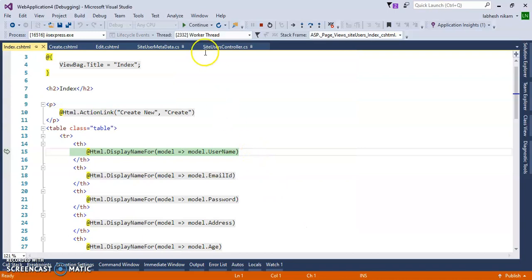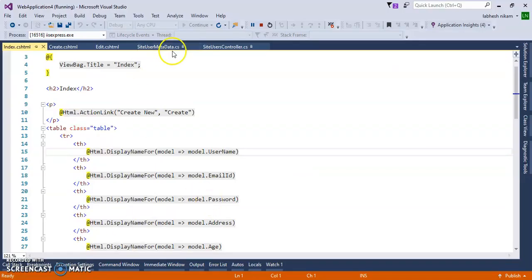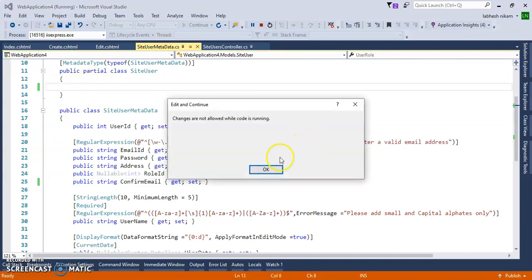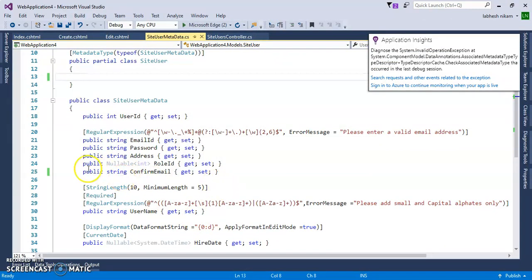So in place of that we will use it inside the partial class property. You can see this error displayed if I add the property confirm email, which is not present in the table. First I will remove it from here, Ctrl+X to cut, and paste it here.